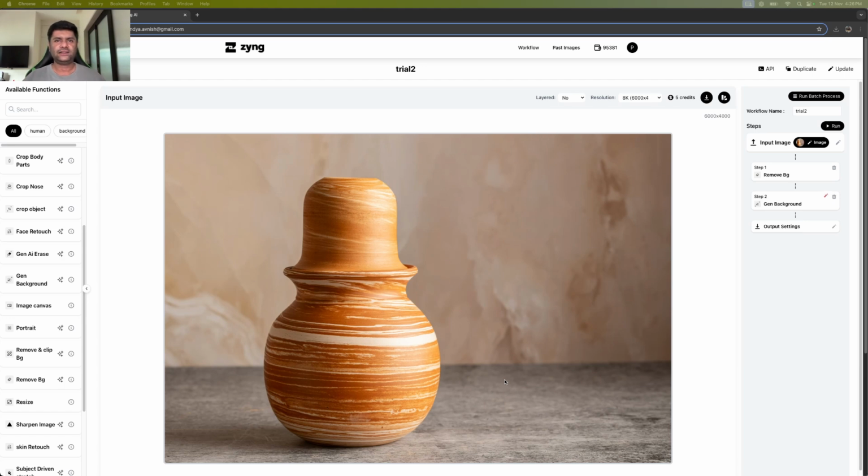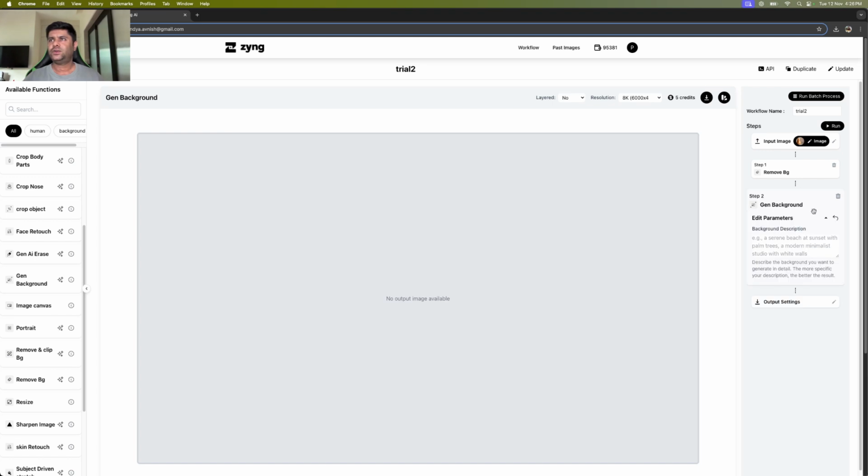Let's say we have this artistic vase and we need to create some amazing backgrounds around it. So the first thing I'm going to do is remove the background and then we have generate background. As we go to generate background, we have to prompt in a scene of the placement, the scene, the type of elements we want around. So let's say I want it to be placed on a textured wooden table with an orange bouquet